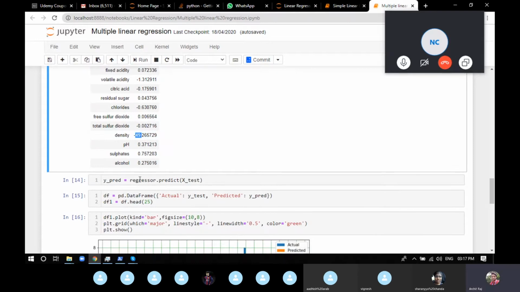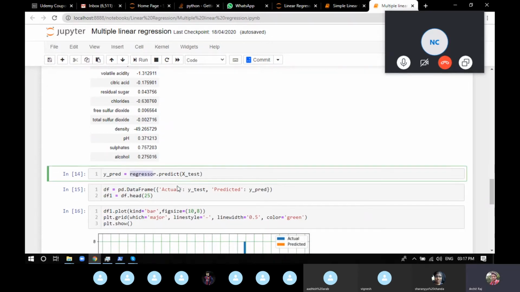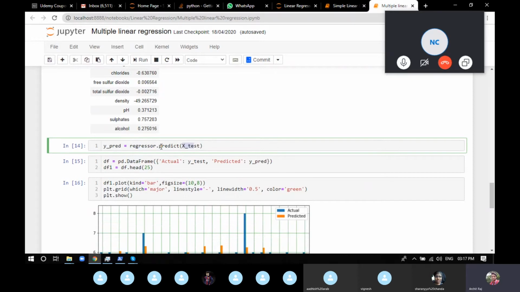Now again, to predict using the model, we provide the X_test, and using the predict function that we used last time, we get an answer saved in y_predict.